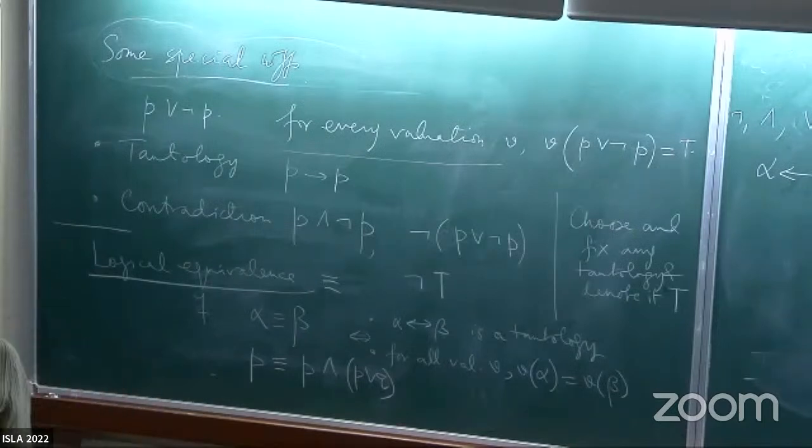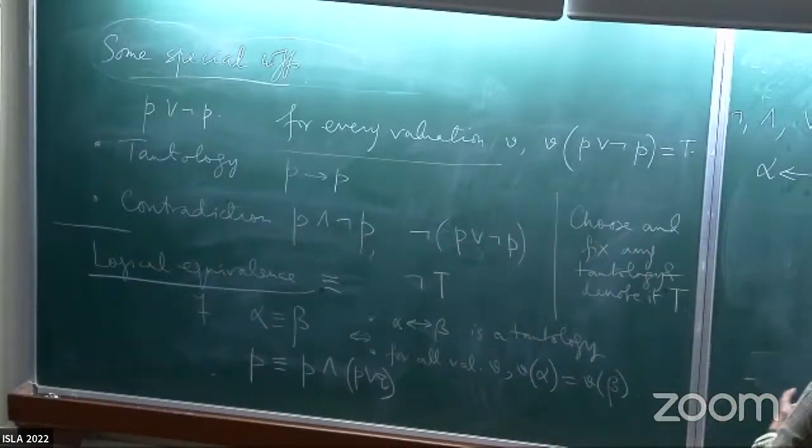Does this seem familiar? You have met it in Boolean algebra. It's just absorption. So I cannot say the truth tables of these two are the same, because this one has two propositional variables, that one has one. However, obviously, if you have two formulae which have the same propositional variables, then of course they would be logically equivalent provided their truth tables match. That's precisely what the second item is saying. Fine.